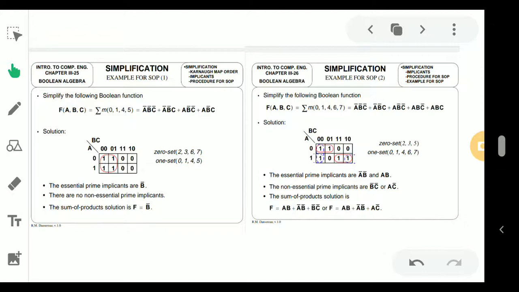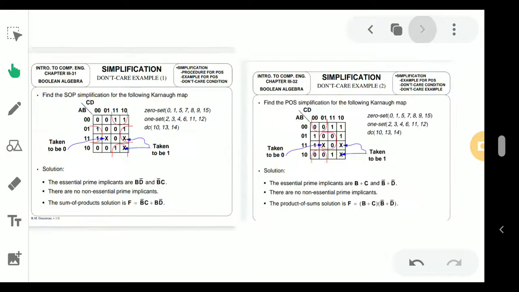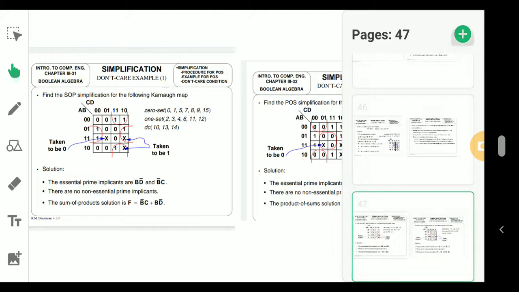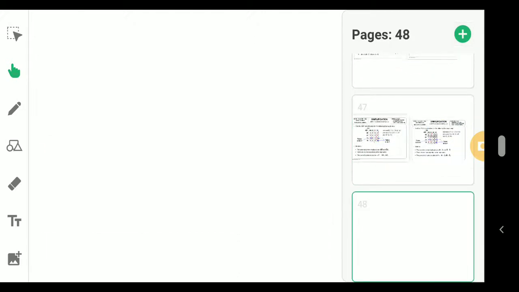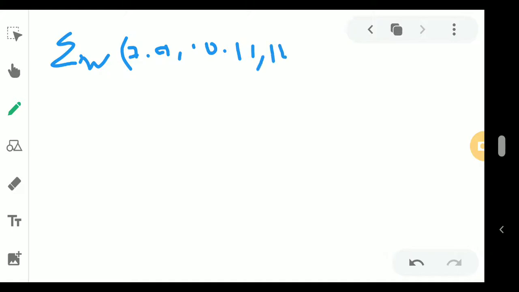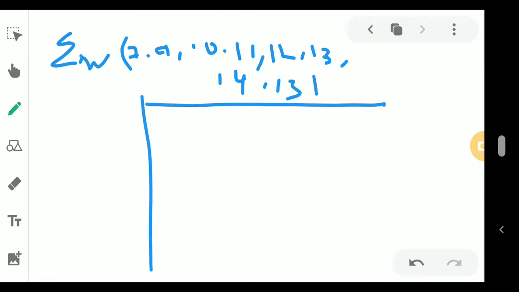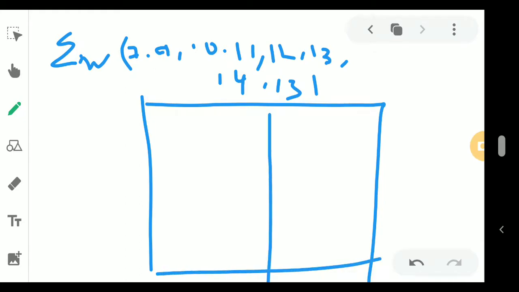So let me take an example, then you will understand it better. I am taking another example so that it will be better for you to understand how actually they are giving you this. Actually, when in the question paper you will find this kind of term, summation of 7, 9, 10, 11, 12, 13, 14, 15. Okay, in this way. So what you have to do, you have to make a table. You know how to make a table.